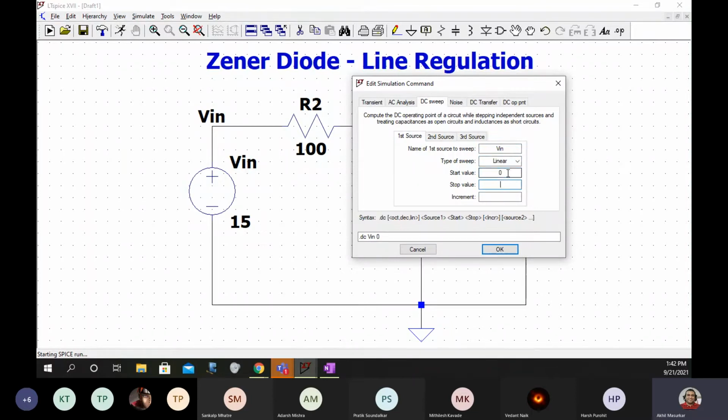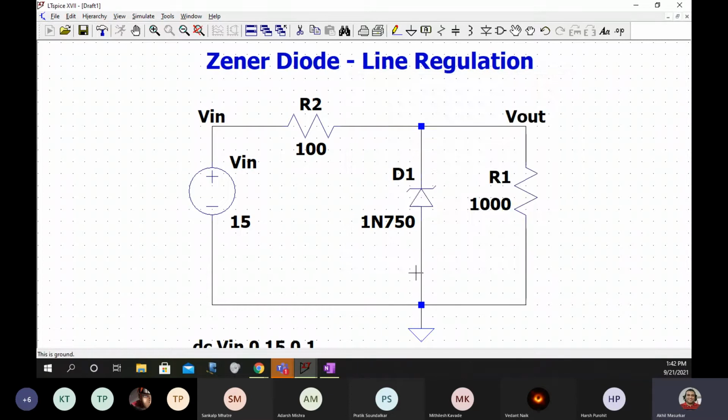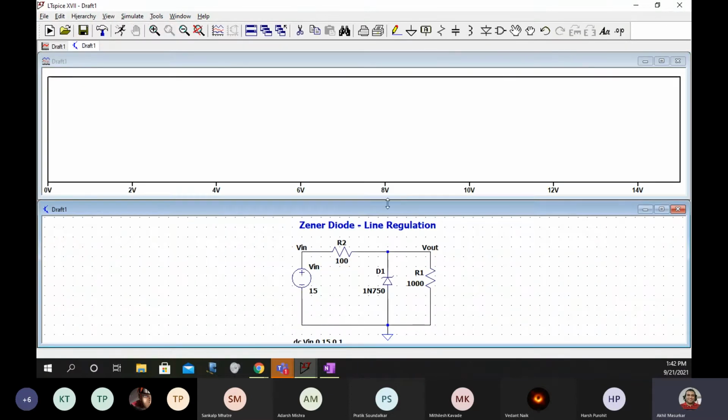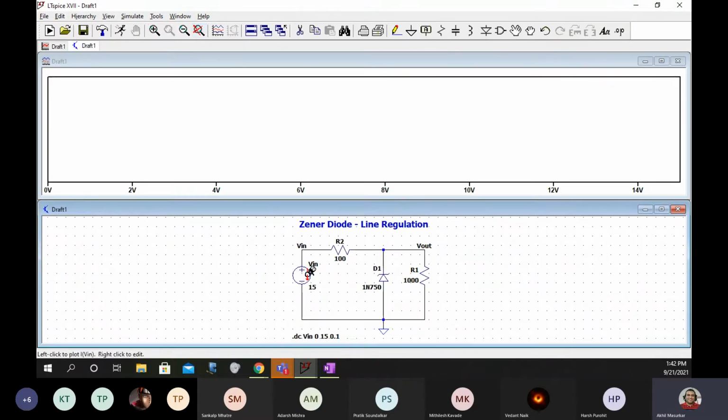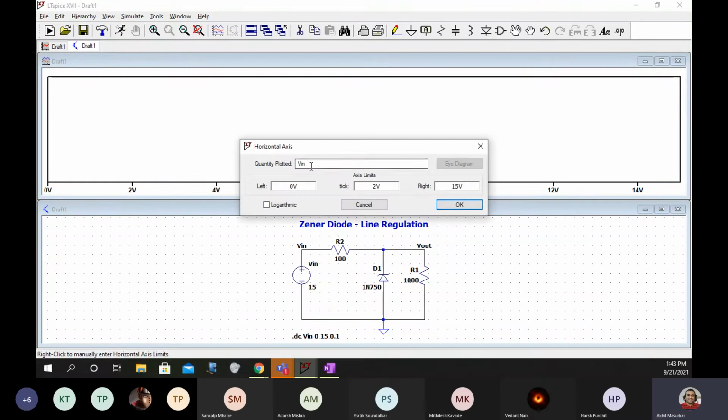Start value is 0, stop value is 15, and you can increment in steps of 0.1. You can see this dot DC here, and on X, V in is going from 0 to 15.